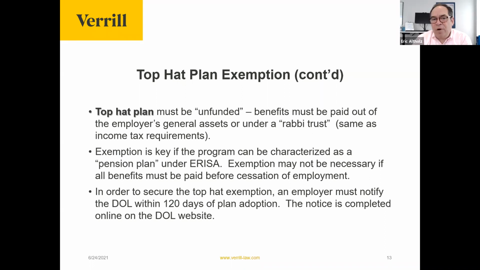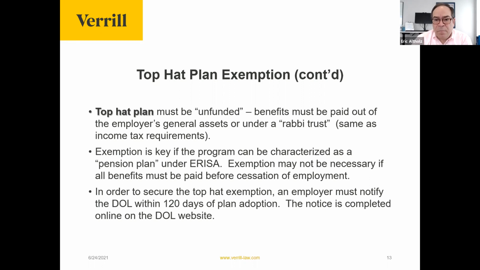You can fund the plans in that way, but generally the requirement is that benefits must be paid out of the general assets of the employer. Those of you who are familiar with rabbi trusts will know that even if assets are transferred to a rabbi trust, they are available to satisfy the claims of your creditors in the event of insolvency or bankruptcy. So you're earmarking assets, but you're not really segregating them from general assets. That's a critical component in addition to the participation criteria that I mentioned.